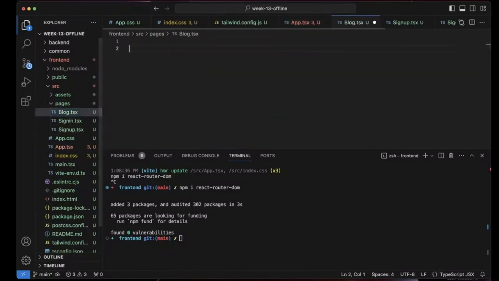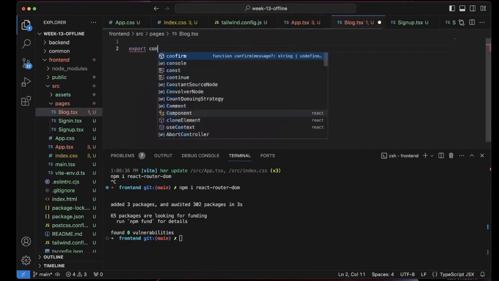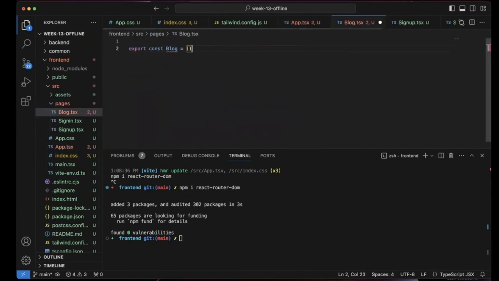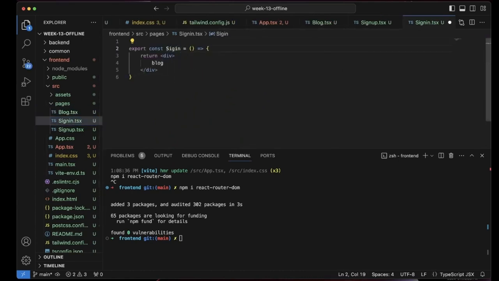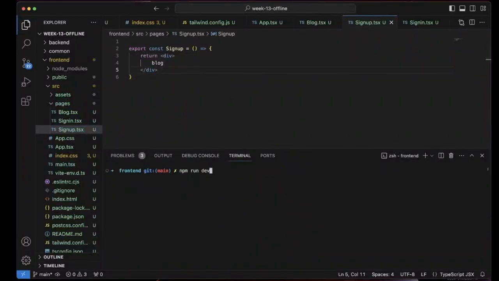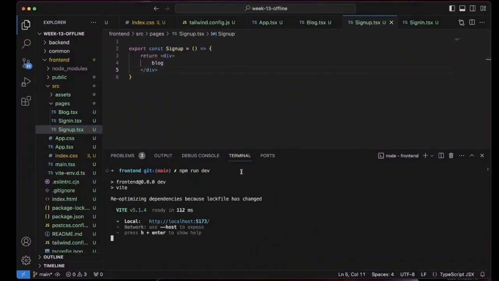In each one of these, let me export a function. Export a const which returns an empty div: blog, sign in, sign up. And now if I run this locally, npm run dev, and open this in my browser, I should